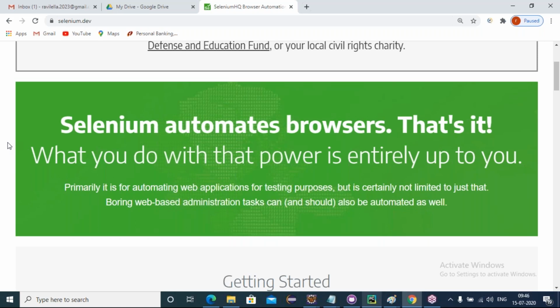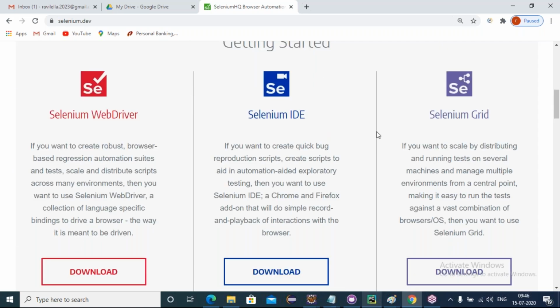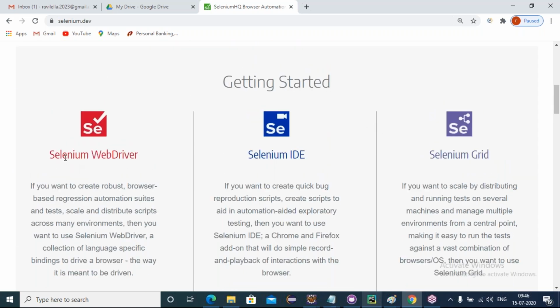Okay, let's have a look at the components of Selenium. We have Selenium WebDriver, Selenium IDE, Selenium Grid, and until 11 months back, one more component was available: Selenium RC, which got deprecated. In total, Selenium has 4 components: Selenium IDE, Selenium WebDriver, Selenium RC, and Selenium Grid. Out of these 4, one component is deprecated, that is Selenium RC, the Remote Controller. Only these 3 are available.